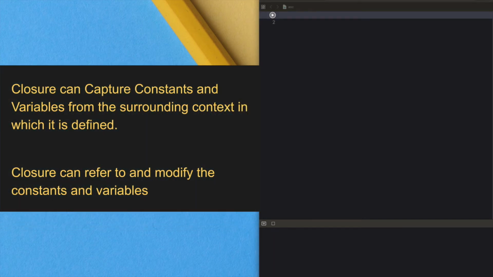Next is capturing values. A closure can capture constants and variables from the surrounding context in which it is defined. The closure can then refer to and modify the values of those constants and variables from within its body, even if the original scope that defined the constants and variables no longer exists.